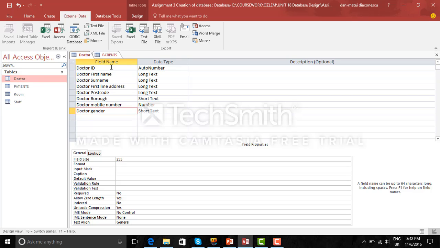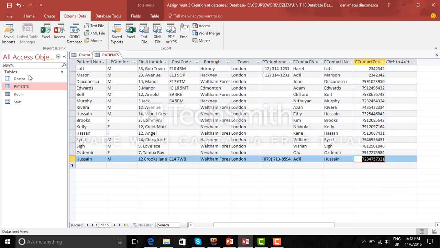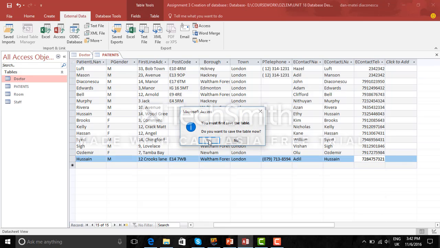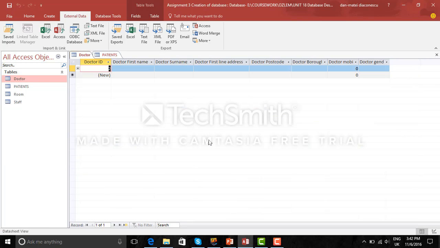The next thing I would like to show you is how I managed to save all my details and create the first record. One of the first things I had to do was add the doctor ID, which could be any number, like 2. The first name could be Ali or whatever the doctor's name is. Then the third field would be the doctor's surname, which could be any surname like Hussein. The doctor's first line address could be 12